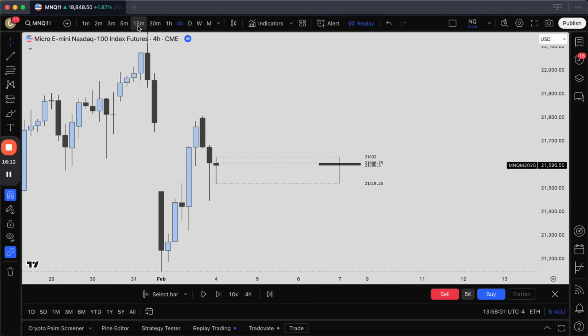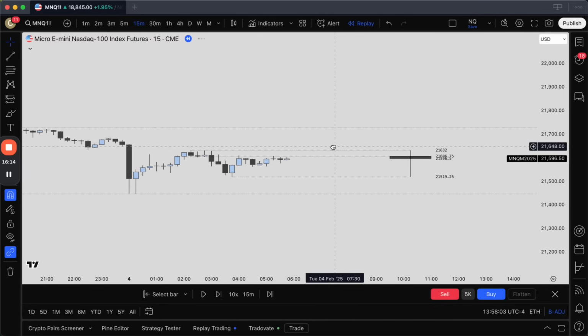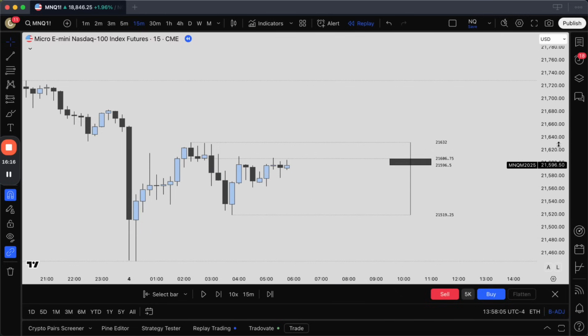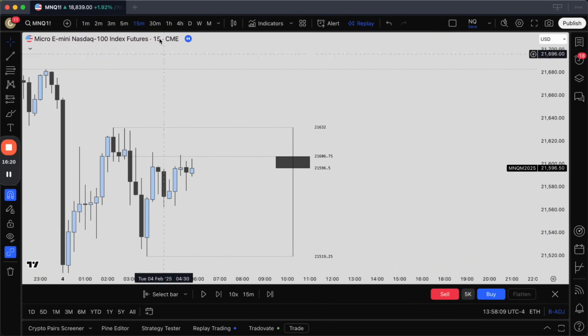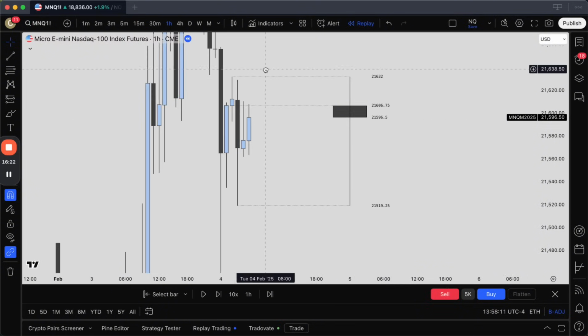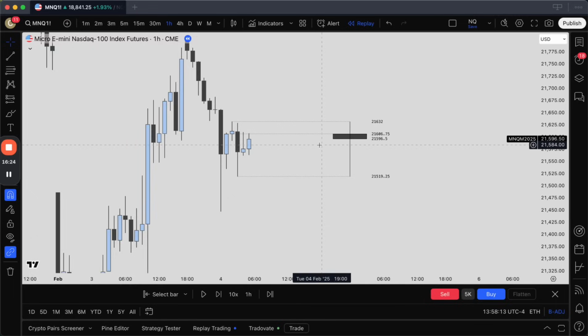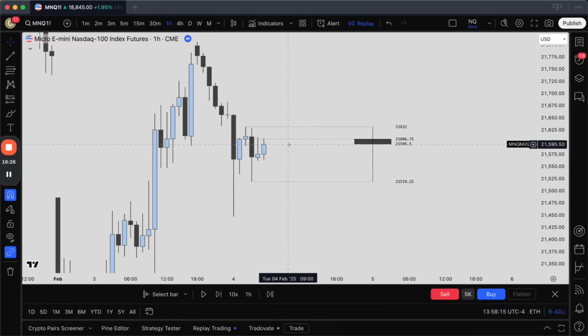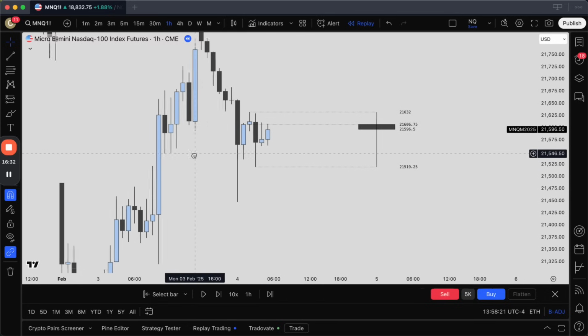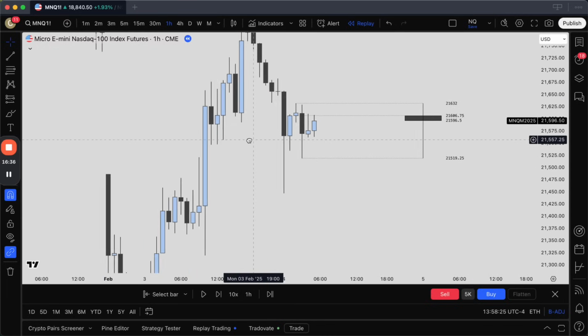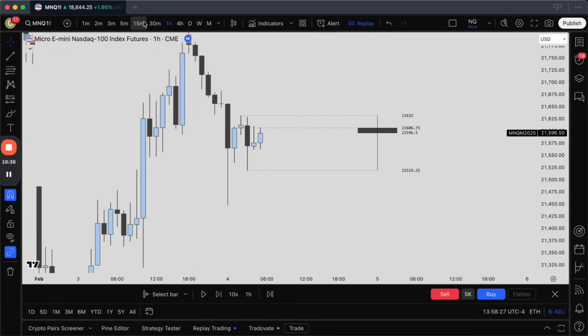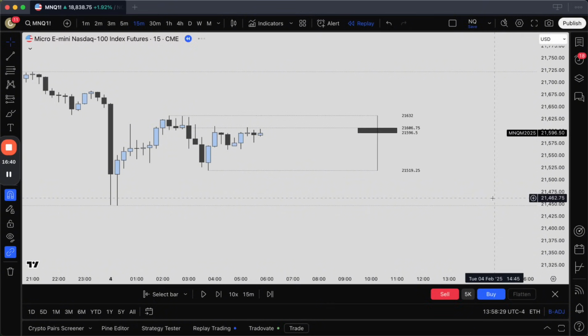I'm going to the 15-minute time frame, and I'm looking for bullish PD arrays for that 4-hour candle to manipulate into. Let's see what I see. I don't see anything on the 15-minute. I don't really see anything on the hourly either. Yeah, so in this scenario, what I would probably use is,